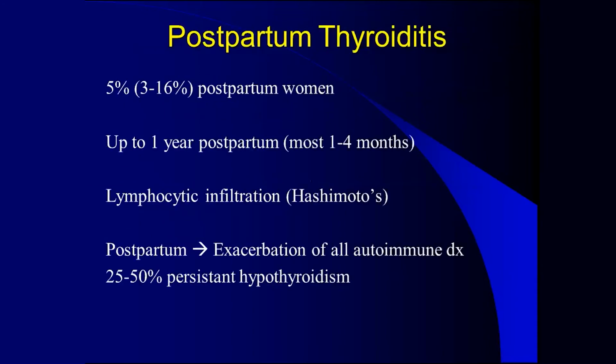Coming to another important aspect of pregnancy, about 5% of women develop postpartum thyroiditis. Usually this happens for up to 1 year postpartum. Very common is Hashimoto's disease here, or lymphocytic thyroiditis, where initially there is a lot of lymphocytic infiltrate and later there is follicular destruction of the thyroid follicles. Also, in postpartum patients, sometimes there can be exacerbation of Graves' disease as well.